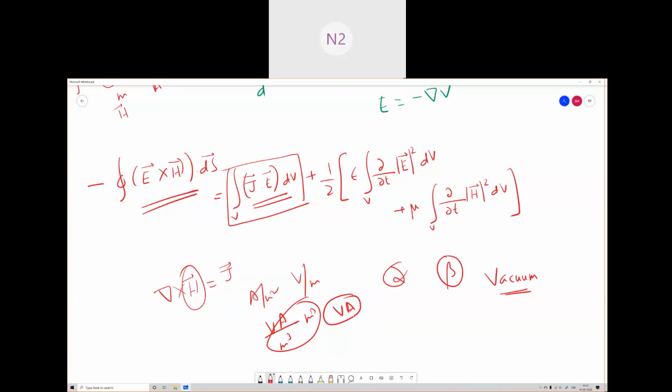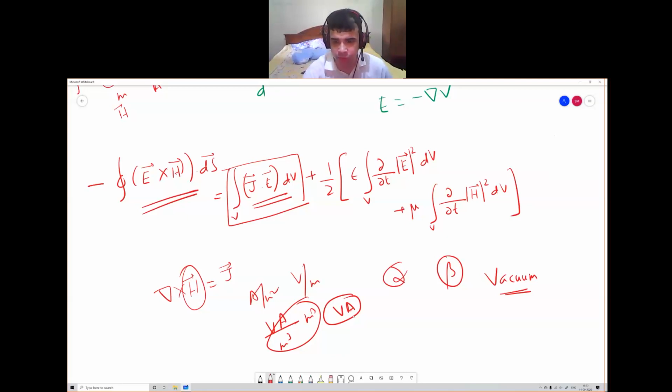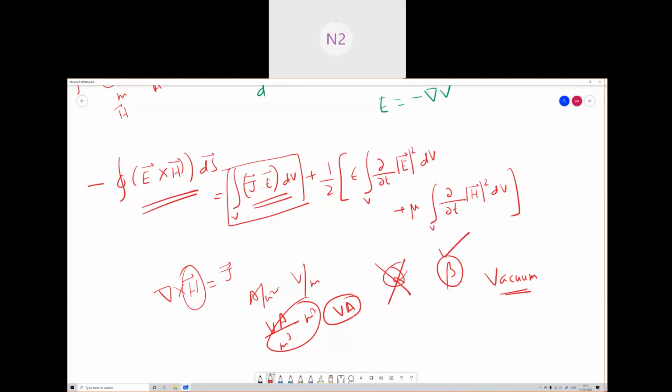Alpha, sir, was there or not? For vacuum, it didn't exist. Alpha doesn't exist for vacuum. For perfect dielectrics,